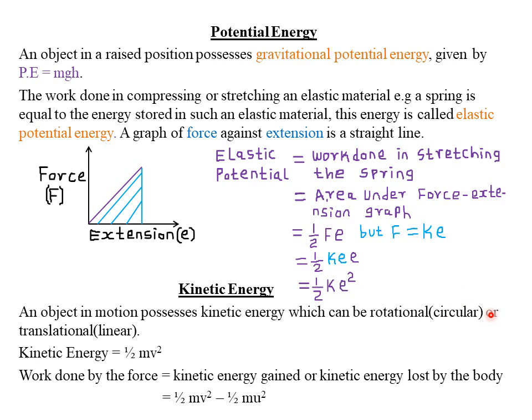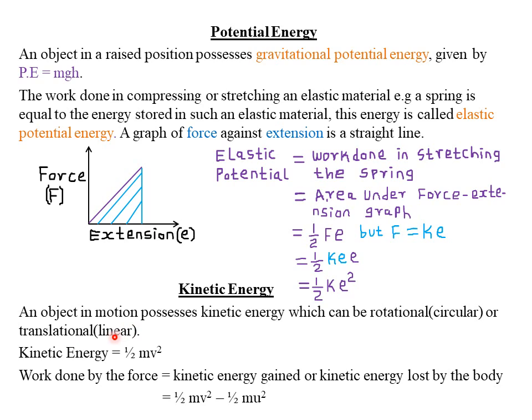The other type of kinetic energy is what we call translational kinetic energy. The other term for that is linear kinetic energy. So this is simply the kinetic energy possessed by a body moving in a straight line. Remember, linear simply means in a straight line. So when we talk of linear motion, it's simply motion of a body in a straight line. Therefore, the kinetic energy possessed by a body moving in a straight line, we call it translational kinetic energy, or